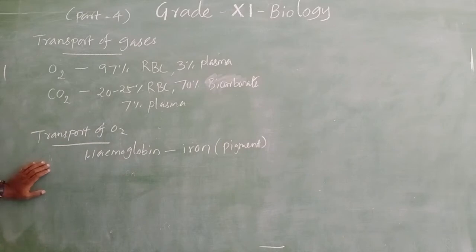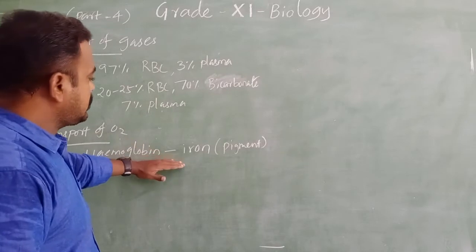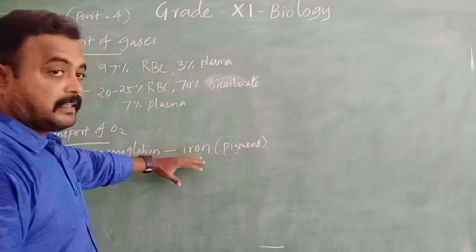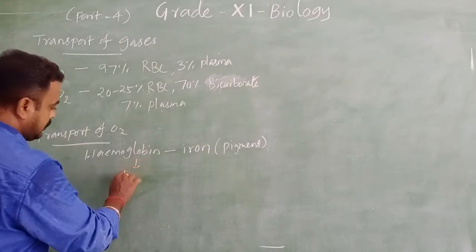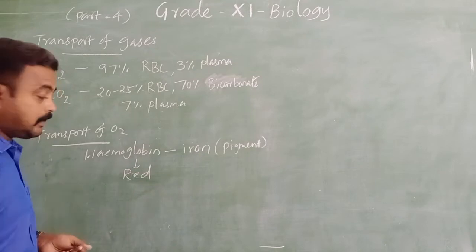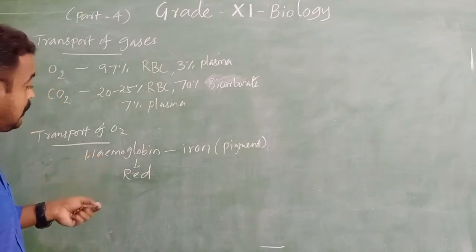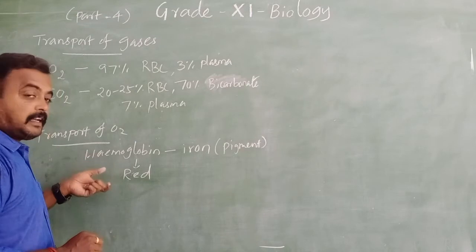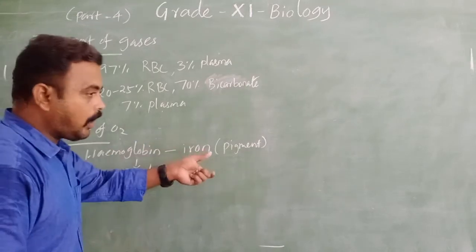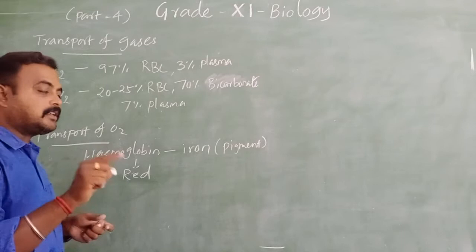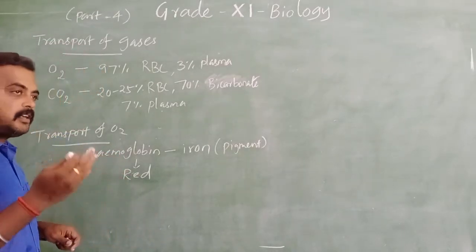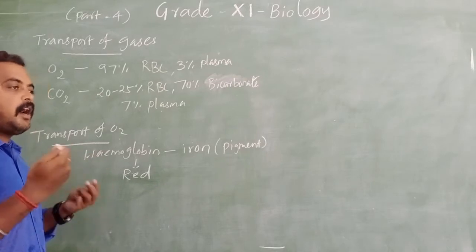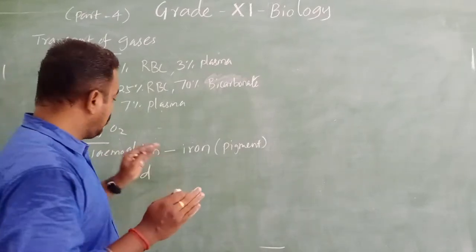So in RBC, hemoglobin is present. The next, it consists of iron. It is one of the pigments. That's why our blood is red in color. If it is red in color, it is called RBC, red blood cells or red blood corpuscles. If it is not red in color, it is not called RBC. But our blood is red in color because of